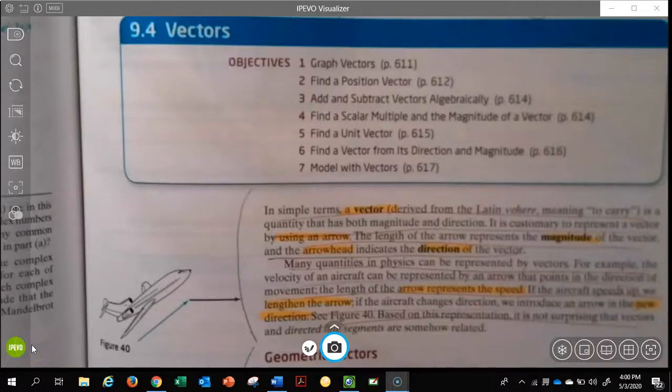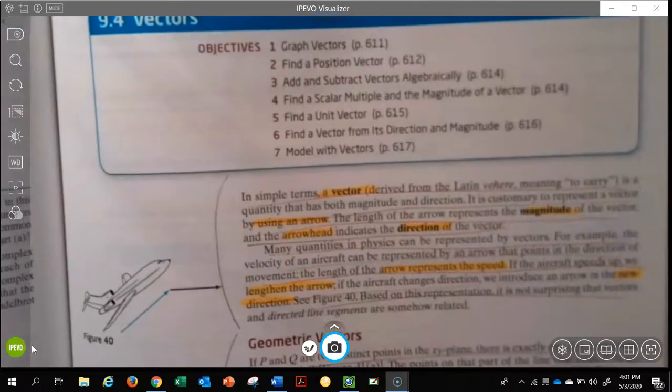So this video is actually for section 9.5, but this semester we have skipped 9.4, so I wanted to go through 9.4 and give you some highlights of information that you're going to need to understand 9.5. So grab your textbook, turn to page 609, and remember, you can start and stop this video as often as